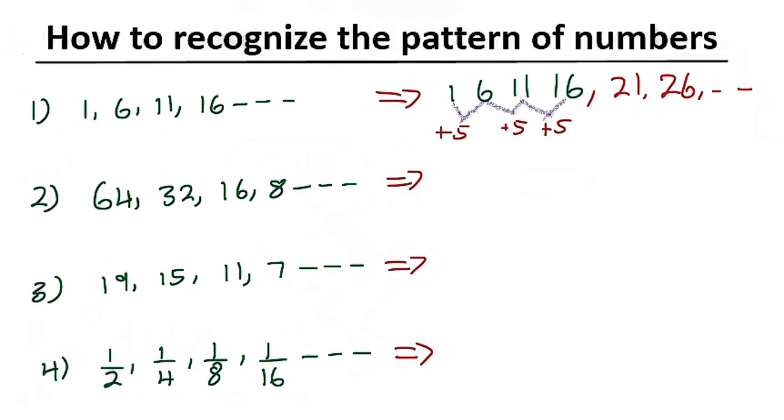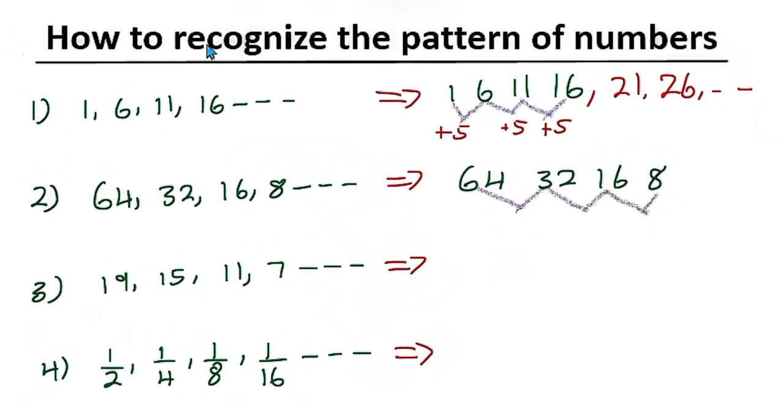Okay, then that will be the next two terms. Now let's also take a look at this one. We have 64, 32, 16, and 8. So find out this number. You see it is arranged in a decreasing order. So the number is big, getting small, so we need to work from 64 to 32, from 32 to 16,